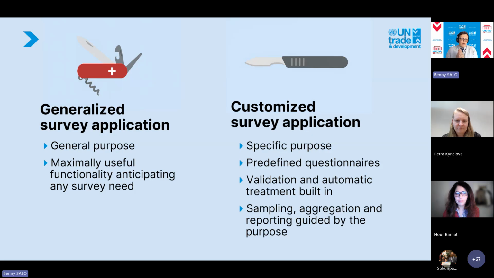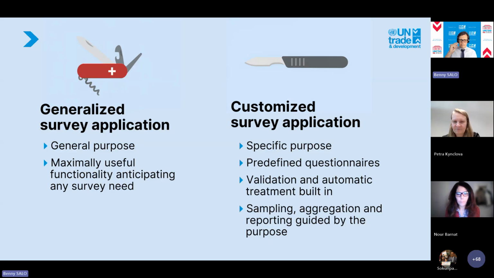You can have two different models when you develop a system like this. There are generalized survey applications. TiSSTAT is not the only application you can use to conduct a survey. And they are really good. They are often general purpose, and what they try to do, and often successfully do, is to maximally find useful functionality to anticipate any survey needs. However, what we have is a customized survey application, custom made for trade in services statistics,